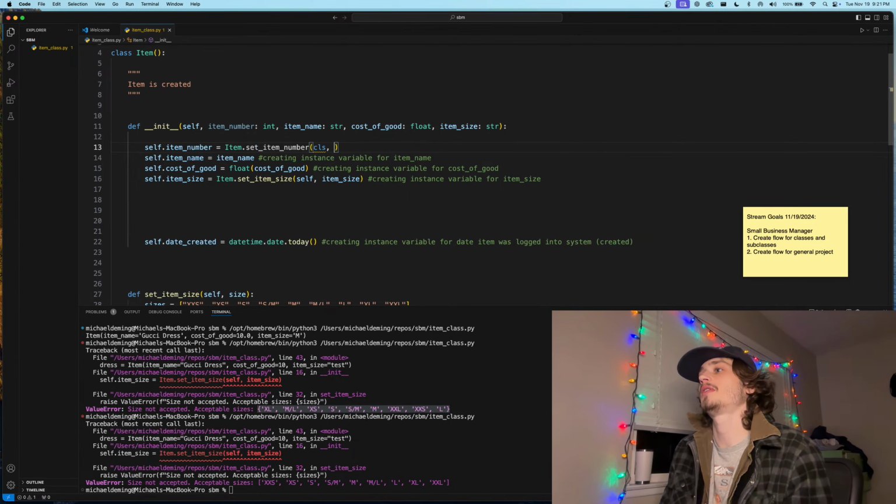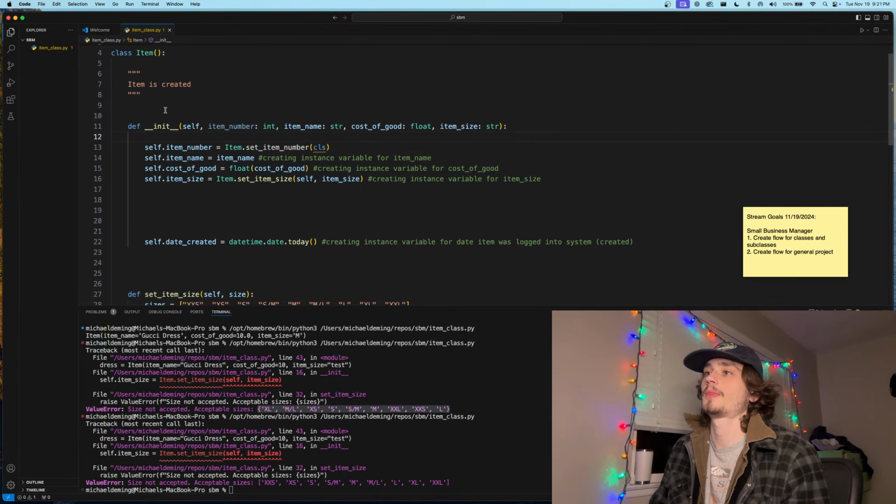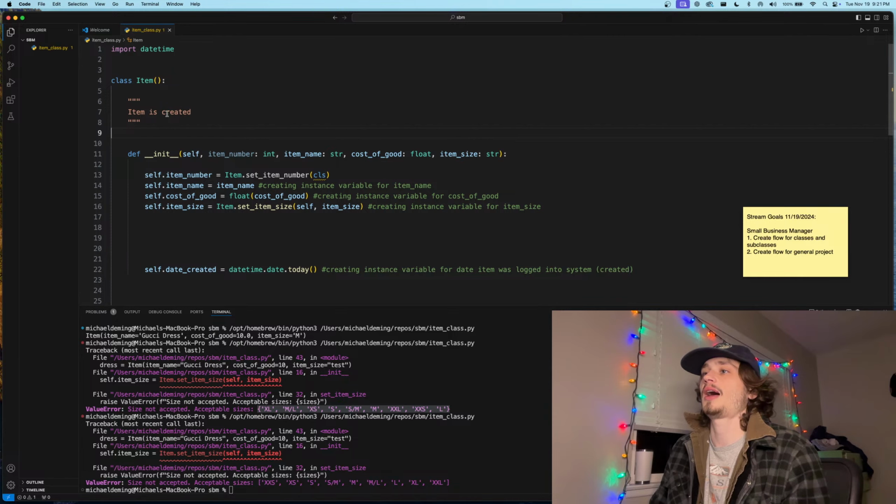And it's going to take in on the class itself. We'll just do that, right? So in the item class itself,